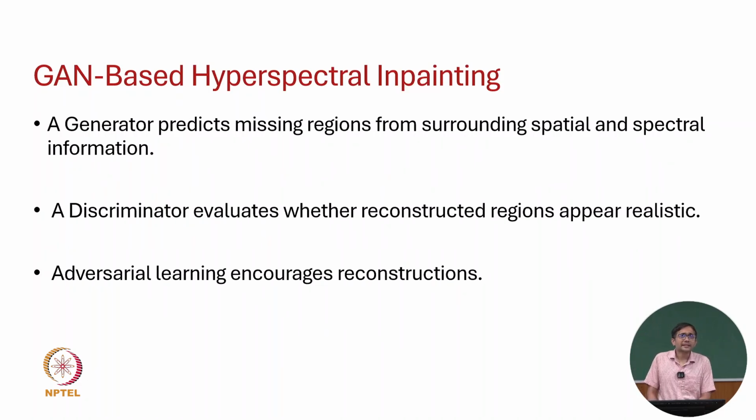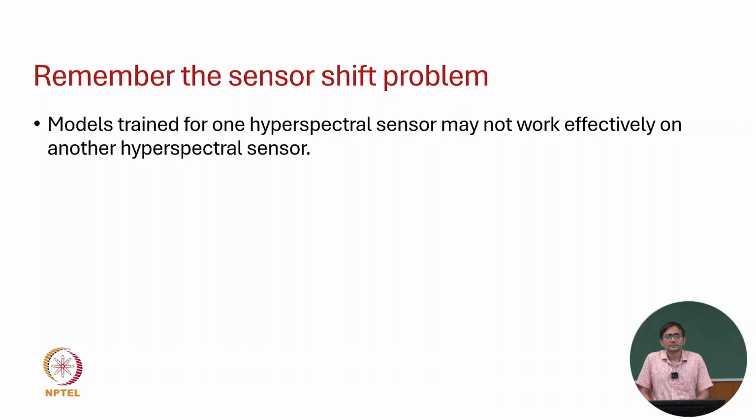Again, GAN can be used for hyperspectral image inpainting. In this case, a generator would predict the missing regions from the surrounding spatial and spectral information. A discriminator evaluates whether the reconstructed regions appear realistic. Thus,